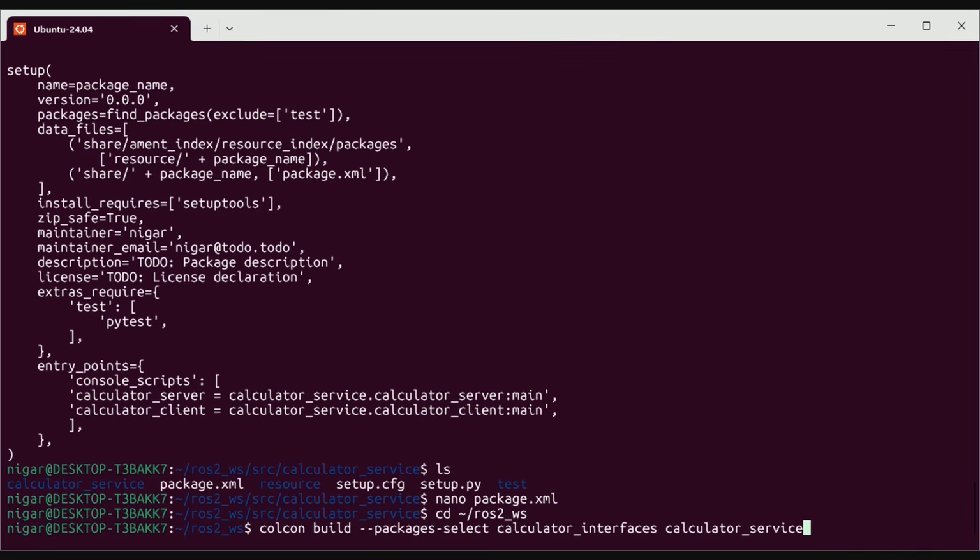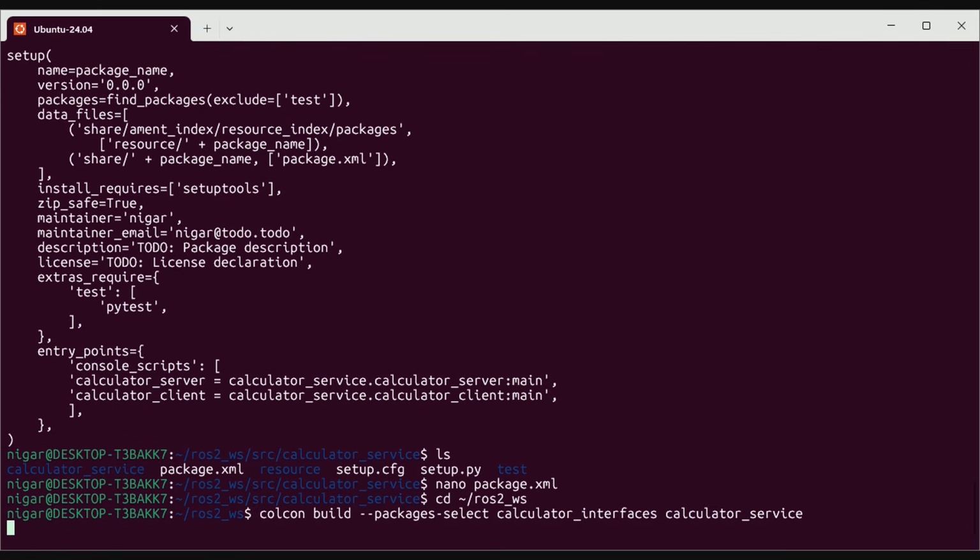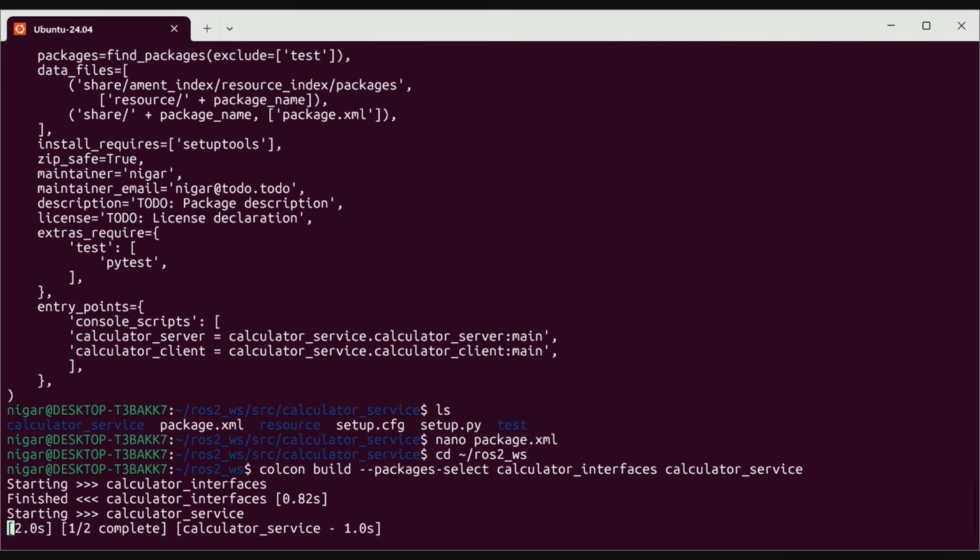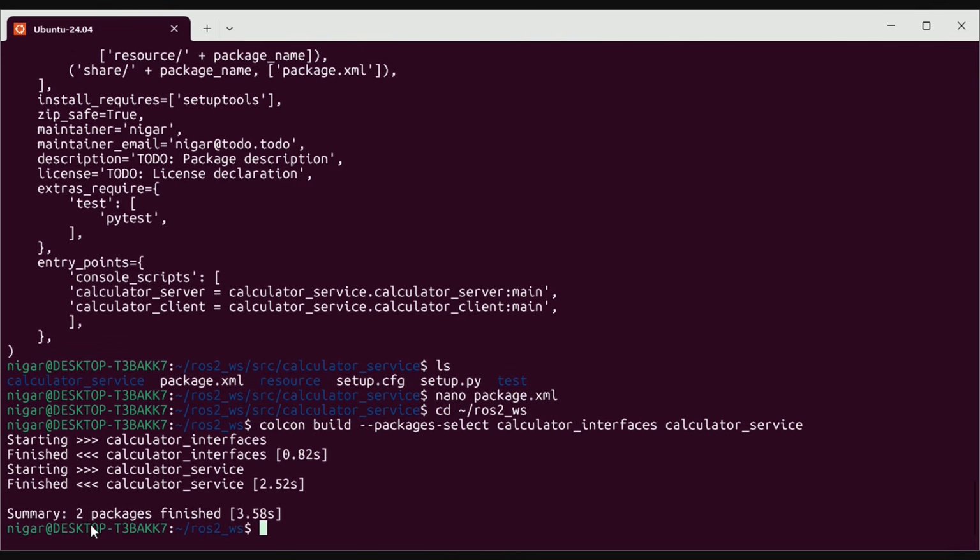If you want to build 3 or 4 packages, you can add all the names over it. You can even build this calculator service directly over it. But I'm going to build this along with the interfaces package because they depend on each other. So I will press enter. If there is no mistake, it should build the files correctly. So you can see 2 packages finished in this time. After that, source install